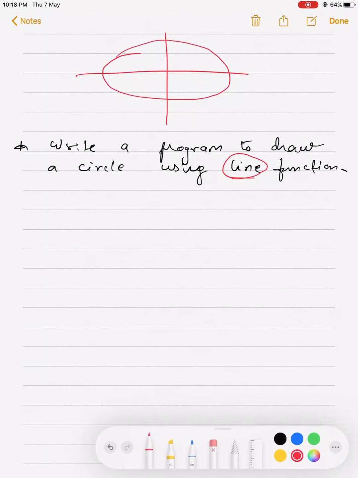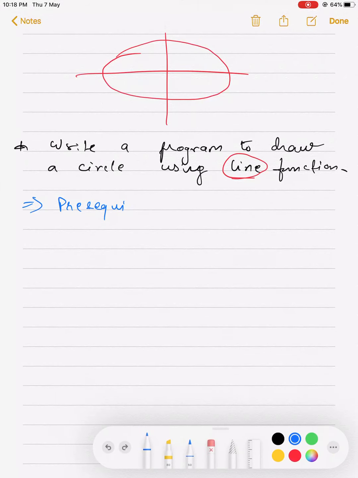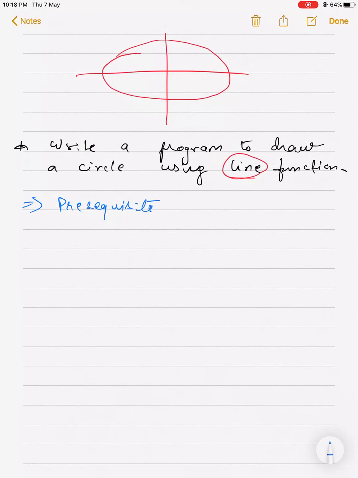The prerequisite is the mathematical concept of circle. We will discuss this first.